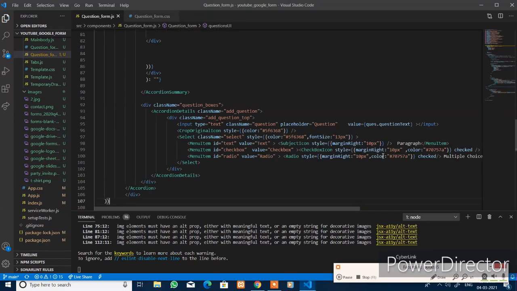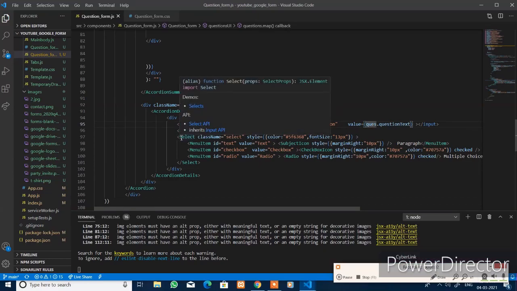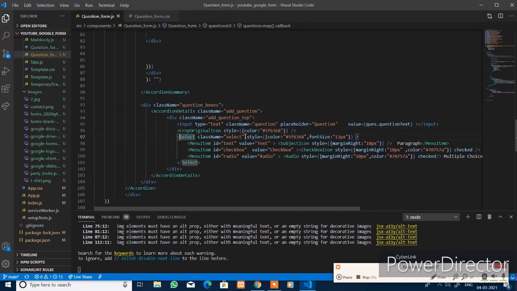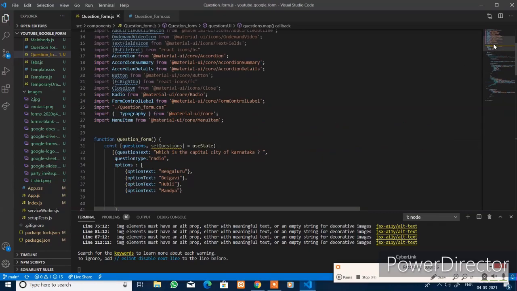Now add this question, add question top element here, and within that add the input text box with the className question, and the placeholder is also question, and the value is set with the question text. Add the crop origin icon and the Select element that is imported from Material UI with the className select, and style it for color and the font size. And you also import this MenuItem from Material UI core MenuItem,